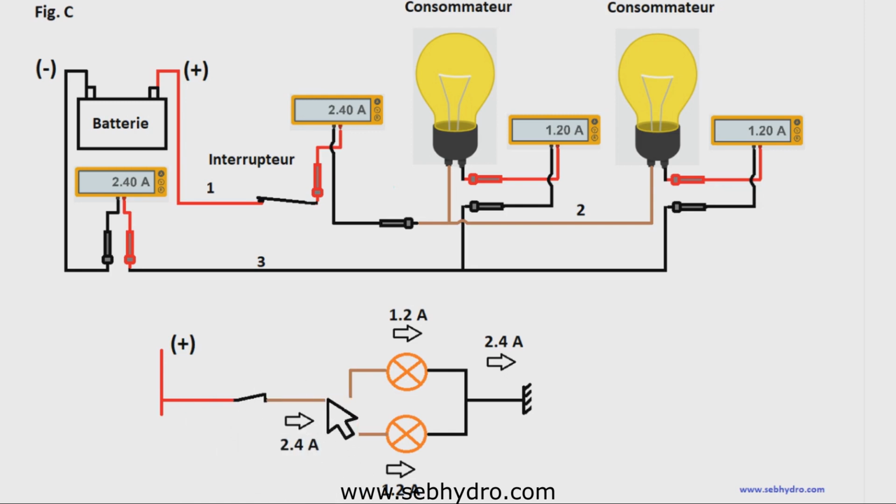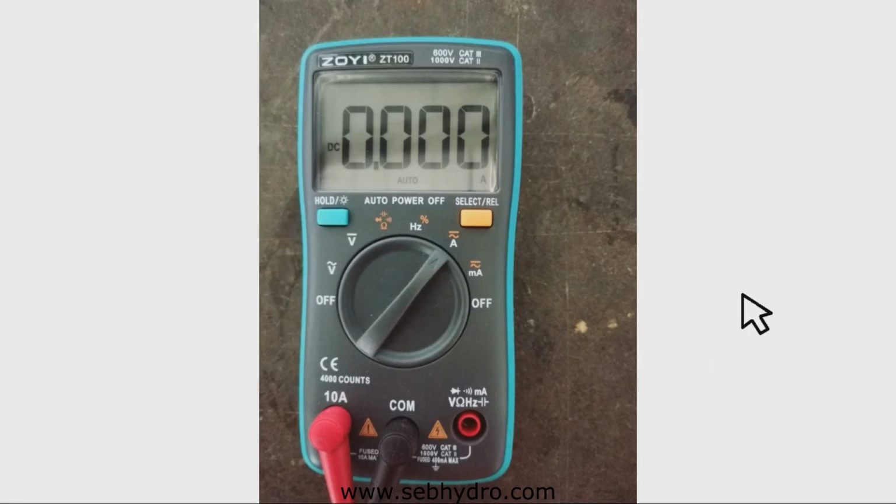The sum of the currents which enter an electrical node is equal to the sum of the currents which come out. Be careful when using the multimeter as an ammeter. It is imperative to insert it in series on the electrical circuit. Any measure taken in parallel can cause a short circuit. The ammeter behaves like a shunt. It is protected by a 400 mA or 10 ampere fuse, depending on the rating and the multimeter used.